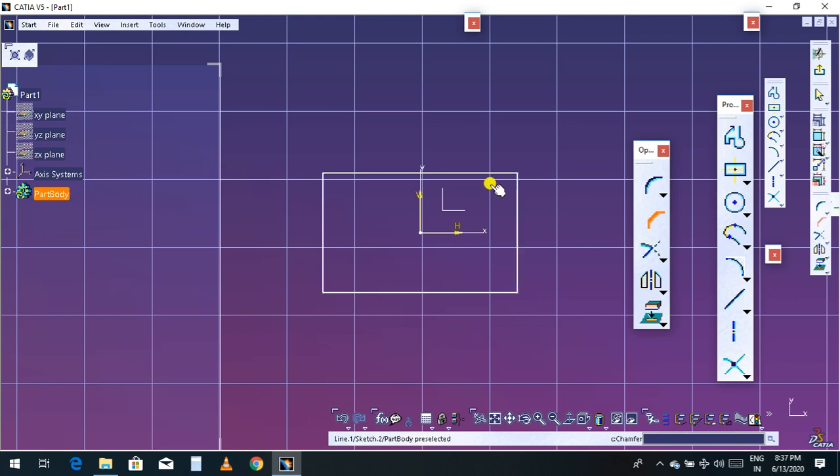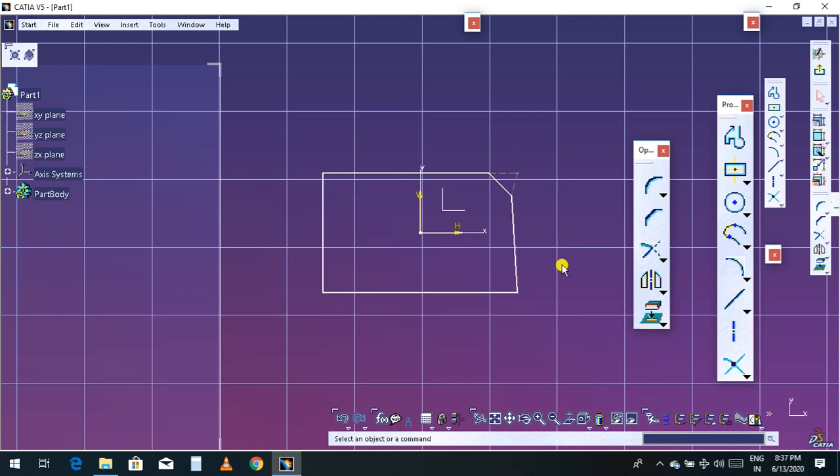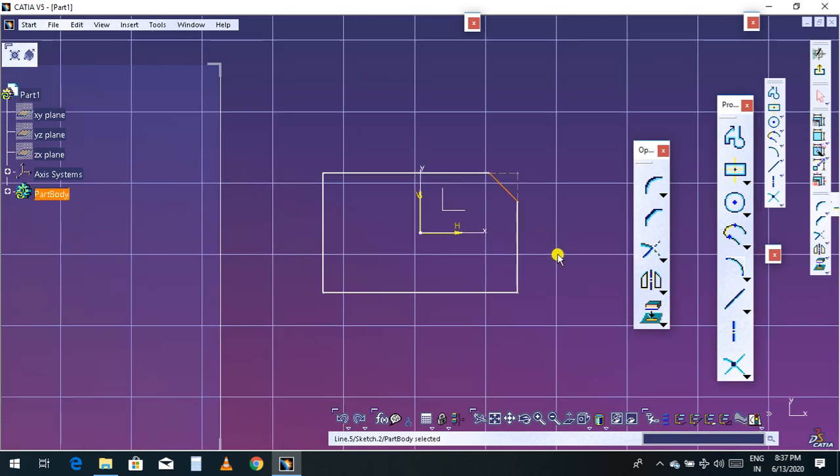Select the chamfer, this one. You can give a chamfer as much as you want, or else you can click there and give a value. Based on this, this is the point on one side, and this is the point on the second side, or else you can give a length directly and give it 5. Click OK. So this will be 5. This is called one type of chamfer command.